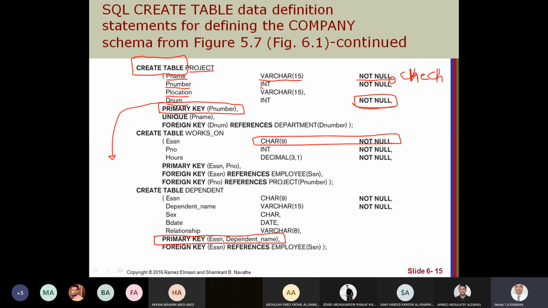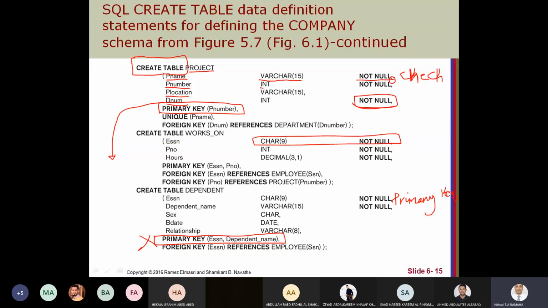Okay, if I don't want to put it here in a separate line, I can define it directly with the attribute: ESSN character, primary key. But we have two primary keys.